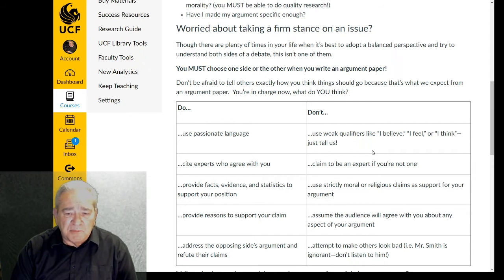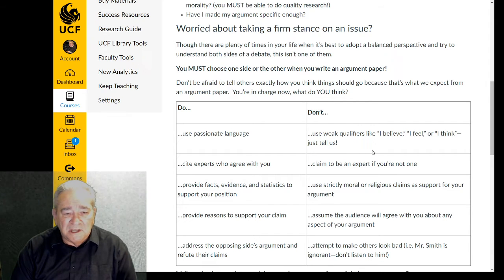Provide reasons to support your claim. Don't assume the audience will agree with you about any aspect of your argument. Again, persuasion is an essential part of an argumentative paper, and that's true. You have to, but the persuasion comes from the facts, and the persuasion comes from how you support your argument